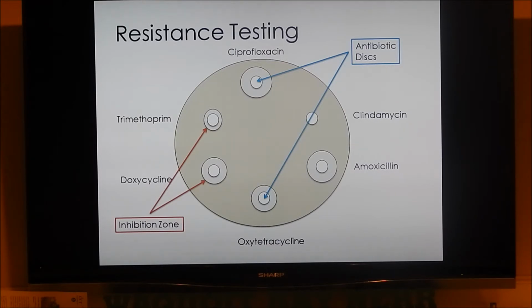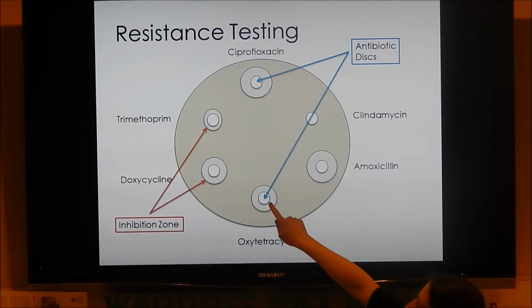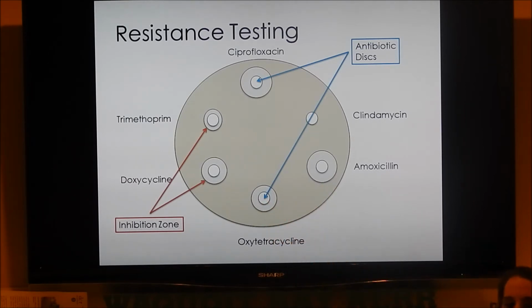And then when I come back in, you take a ruler and measure the zone around it. So this other, I guess, white color, gray, around here is the inhibition zone. And that means it's showing whether or not the bacteria was able to handle the antibiotic. So if there's a large zone, that means it's sensitive, right? It wasn't able to grow, so that's showing no growth. But if it grew all the way up to the disc, like this one, that means it's resistant. Does that make sense?